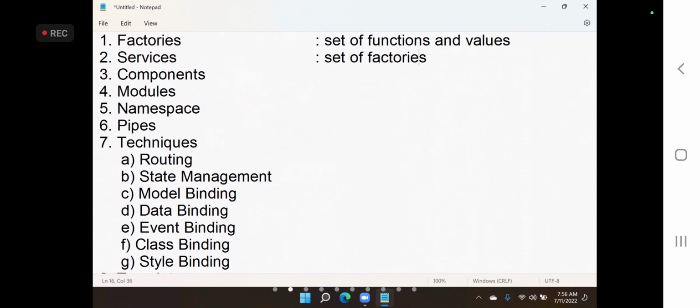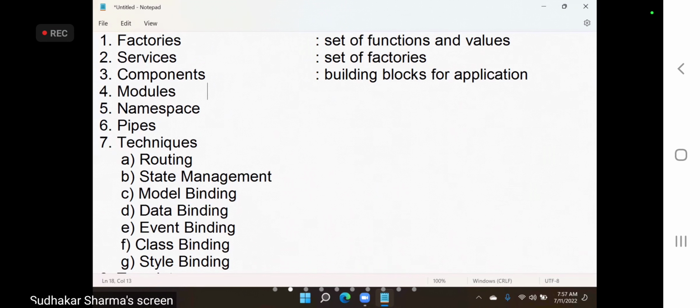A set of factories is kept in a service. And a component is nothing but, usually, we call components the building blocks for an application. A component provides predefined design, functionality, and styles. We will see the detail; I am just explaining one point. And module, you know already.